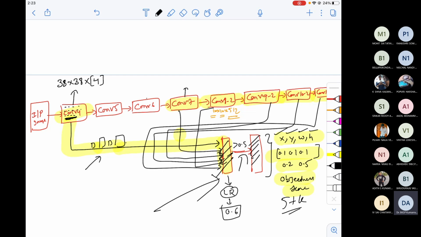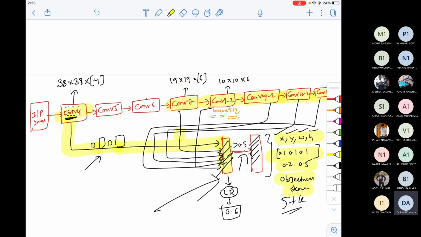Only conv 7 is sent to the fully connected layer. So the number of boxes that I draw here is 19 cross 19 cross 6, with 6 boxes for every pixel in conv 7. In conv 8 they have drawn 10 cross 10 cross 6.